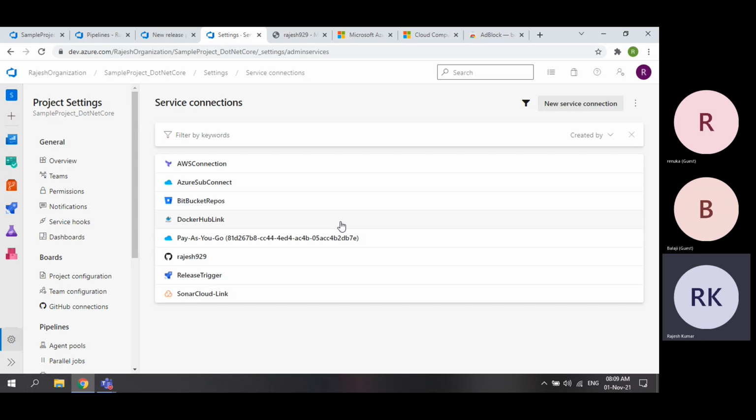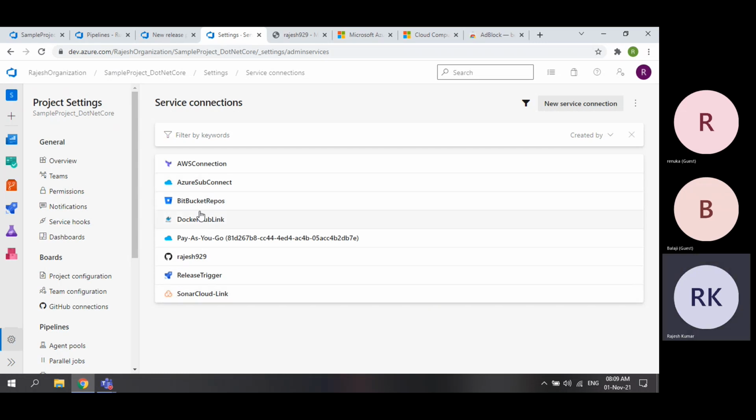So you need to connect Azure DevOps with Azure, with Bitbucket, with GitHub, any other service. See here, by seeing the logos, you will understand. This is AWS, this is Bitbucket, this is Docker, this is GitHub, this is Sonar Cloud.